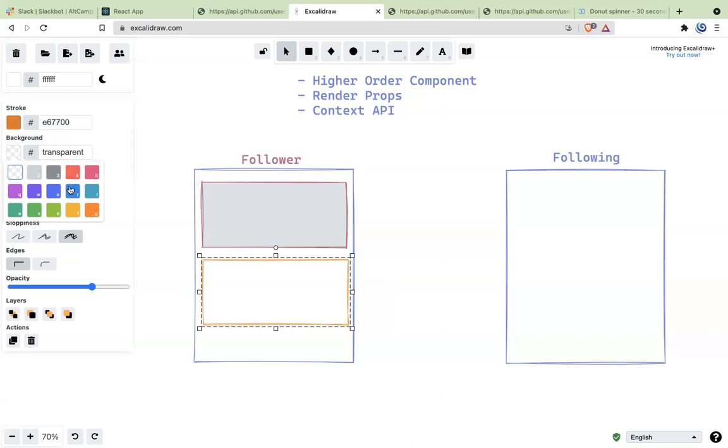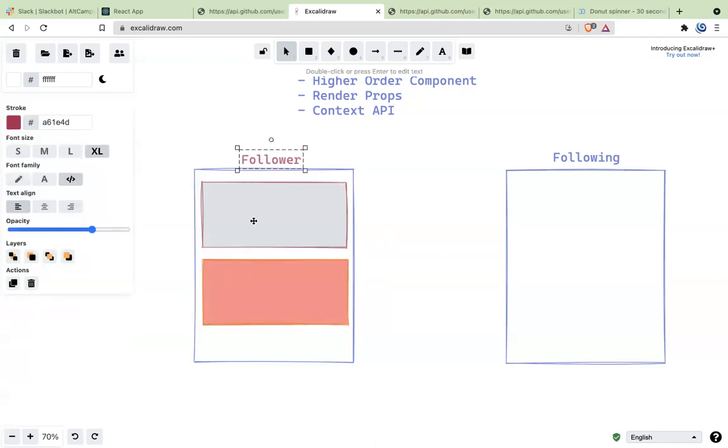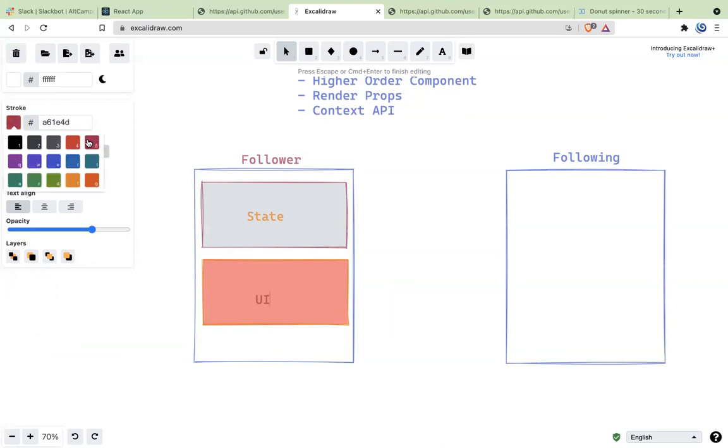Let me just change the color. So the follower component includes two things: one is state and the other thing is UI. This is what a class component consists of.